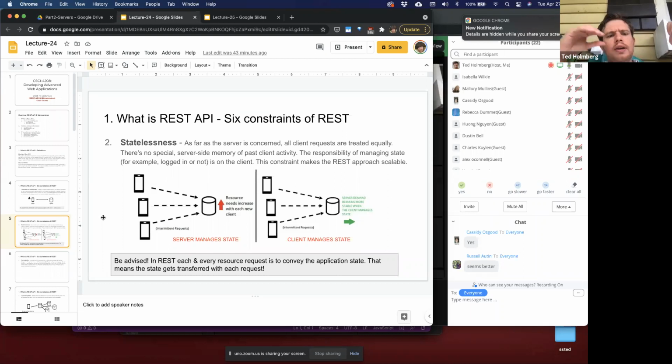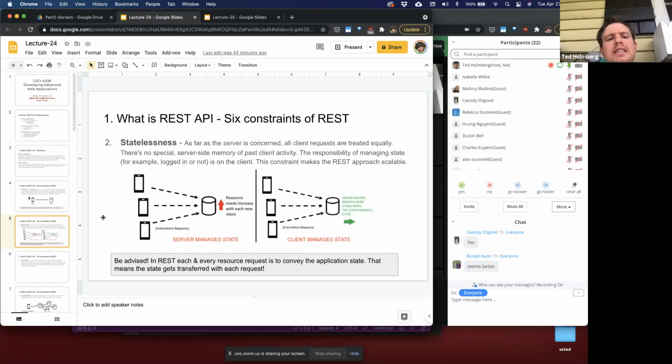Okay, let's talk about constraint number 2 for a REST API. There's the concept of statelessness. As far as the server is concerned, all client requests are treated equally. There's no special server-side memory of past client activity. The responsibility of managing state, for example, logged in or not, is on the client, and this constraint makes the